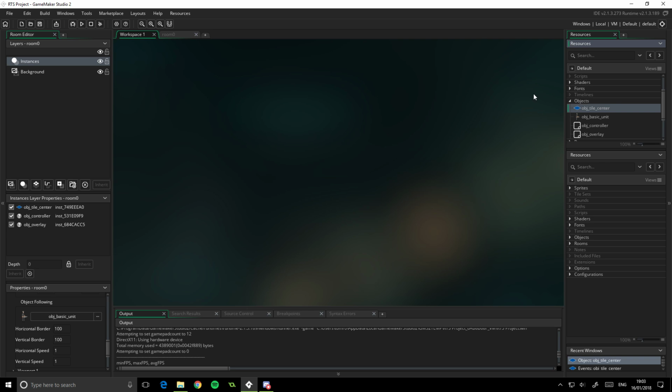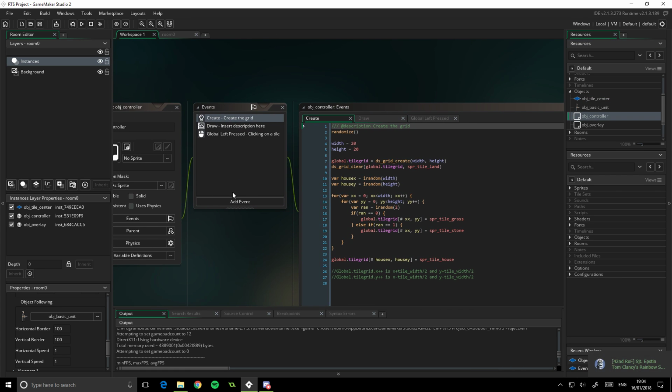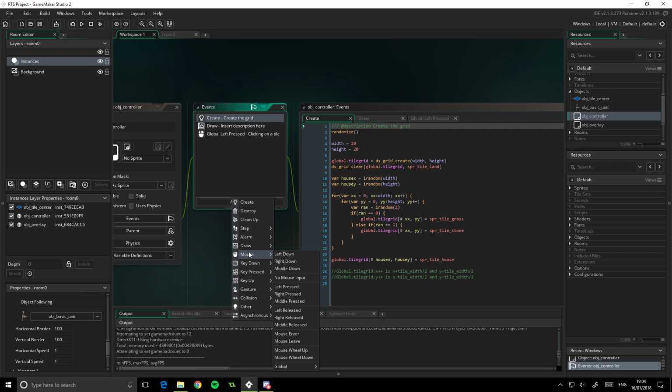So the way we're going to go about this is just every time we place down a house, we're going to add to the population. That's basically it. Every time we destroy a house, we haven't added that in yet, but every time we do eventually destroy houses, then we would change that as well. We would minus then. So we're going to have another mouse press event for this. At the moment we're not going to require any wood or anything. We're just going to say if we press the right button, so it's going to be a global one, right pressed,